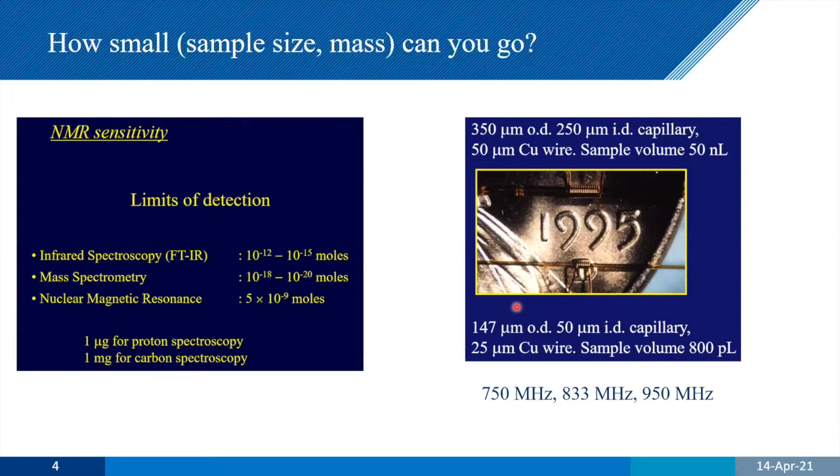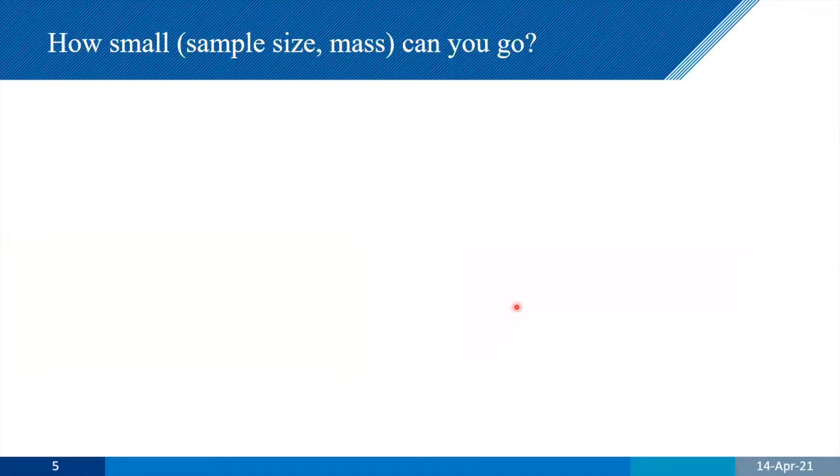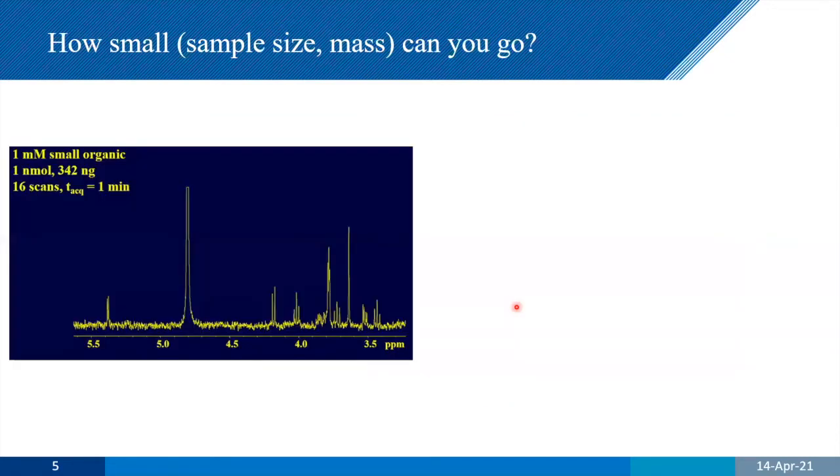But if you do this and you take the challenge, then rather than 5 nanomoles overnight, you can then start off with 1 nanomole, and it took us 1 minute to get the spectrum. And if you look very carefully over here, you can see these are the anomeric protons on a glucose molecule, and those are split. And that means that your resolution here is essentially sub-hertz.